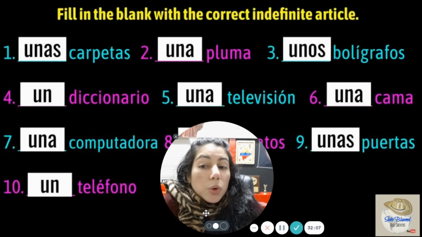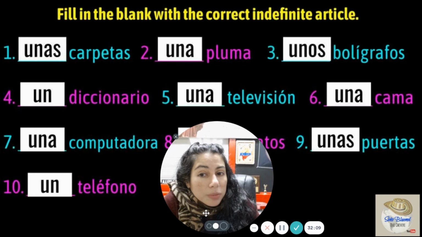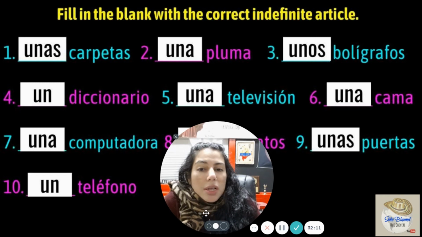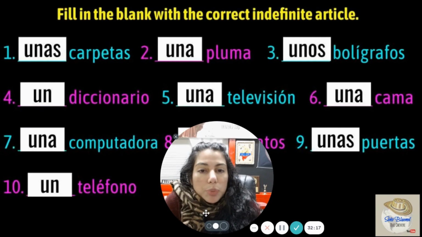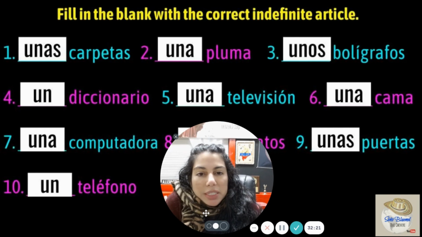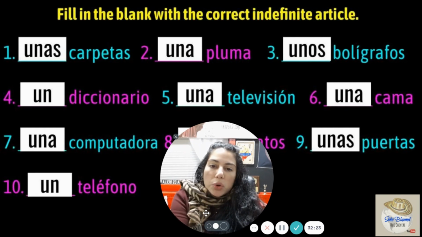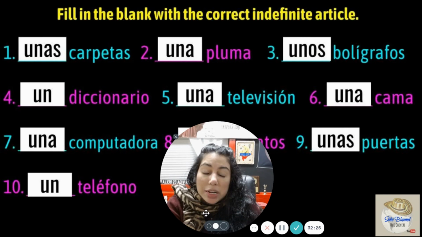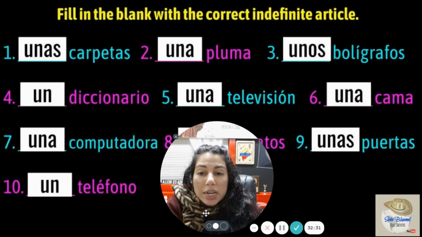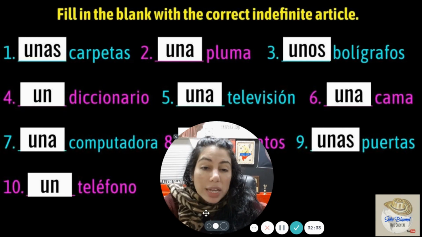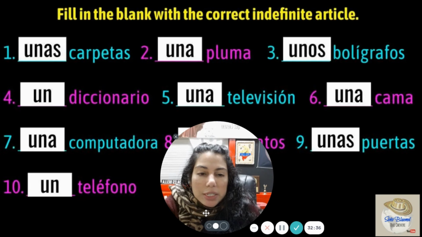So we will have unas carpetas, some binders, una pluma, one feather, or in some countries pluma means pen. So una pluma, but pluma also means feather. So una pluma, unos bolígrafos, which is pens, so some pens, un diccionario, a dictionary, una televisión, a TV,